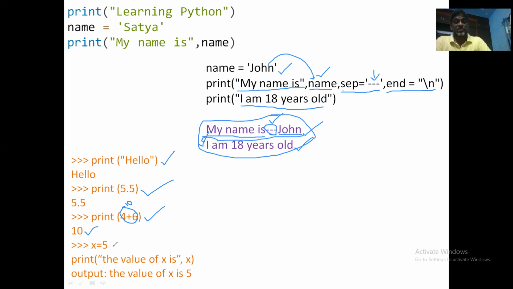Right. And also you can use it with some variables and strings combination. x is equal to 5, print the value of x is, comma, x. Okay, so while using this combination of string and variables, you need to remember one thing, that the print function should start with a string object only. Then you can merge any number of objects of any type. Okay, so the first argument of the print function must be a string object if you want to combine multiple objects. Okay, so this is about the print function.